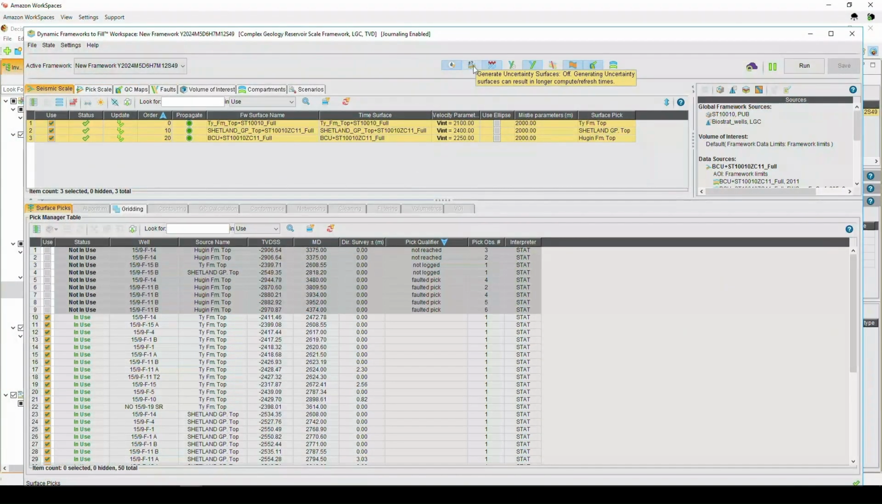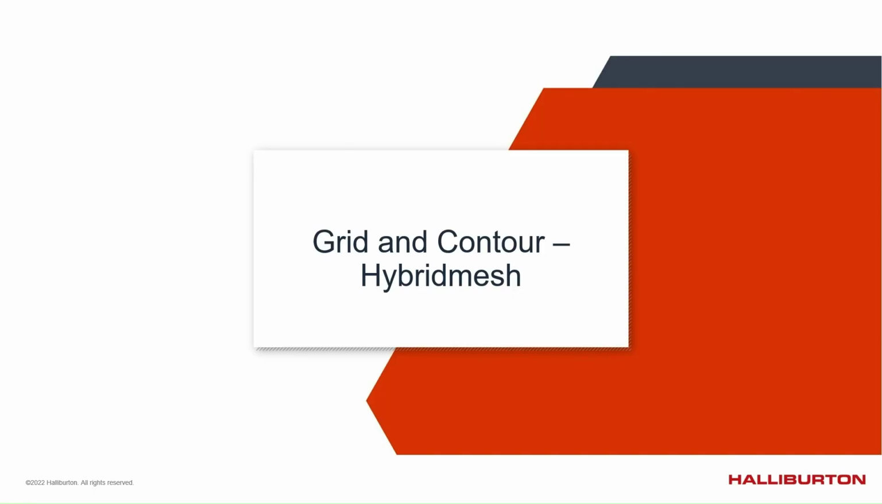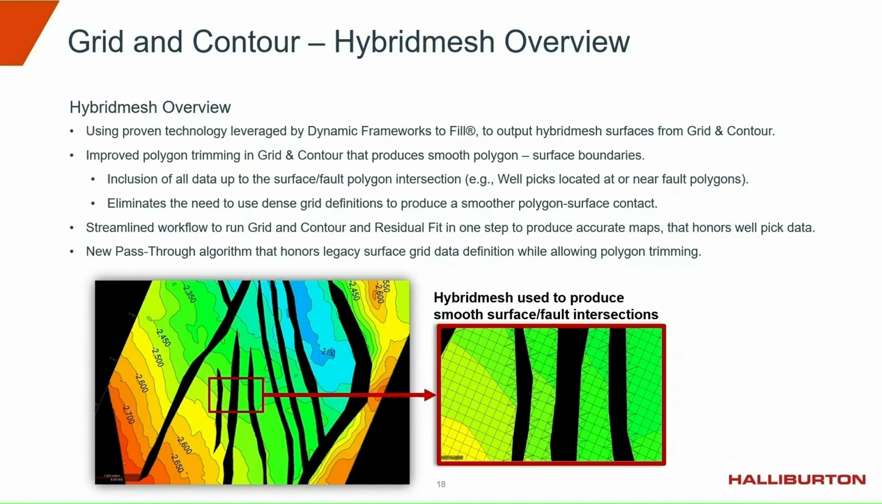This framework is now ready to be used in the Uncertainty Advisor workflow, which can be toggled on from within the dynamic framework to fill workspace. Now let's look at 2D mapping features, and look at the introduction of hybrid meshes to grid and contour. A hybrid mesh is a surface type object, which is used by DFF, and we have now introduced to grid